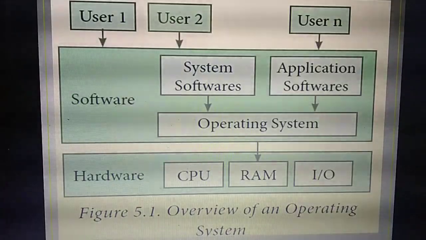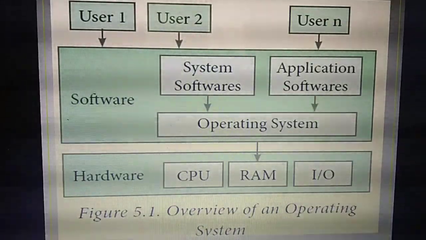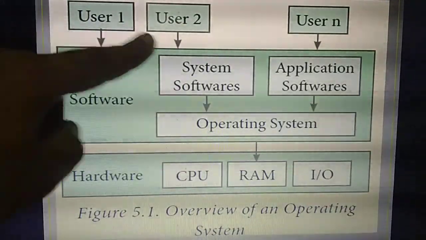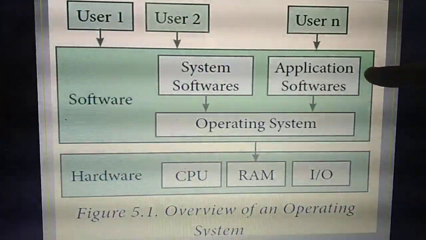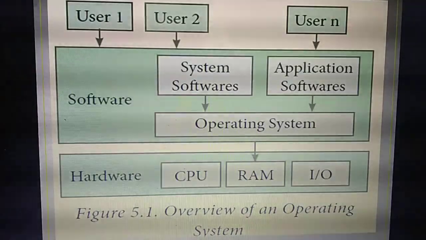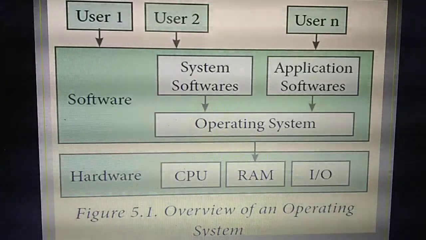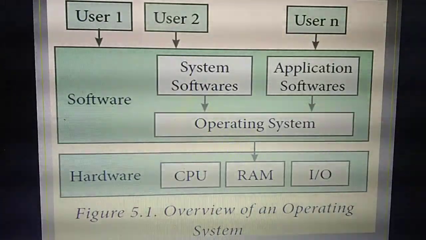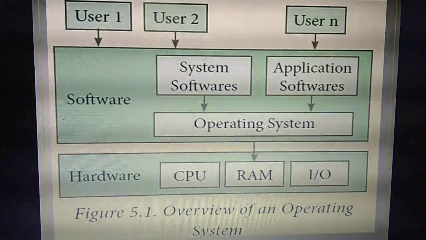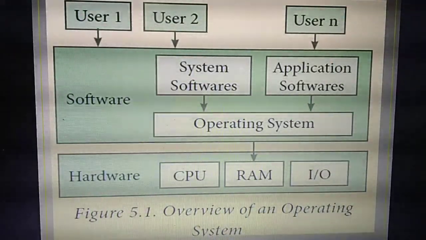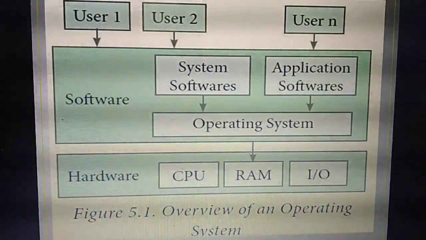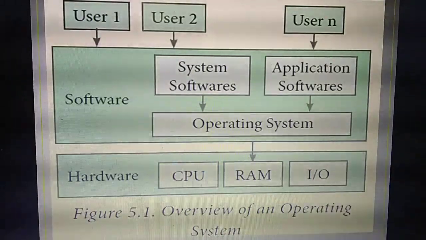System software as well as application software. So the software is divided into two types. What are they? System software as well as application software. So both system software and application software are controlled by a software called operating system. Understand? So here more than 3 or 4 or any number of users can use the operating system.